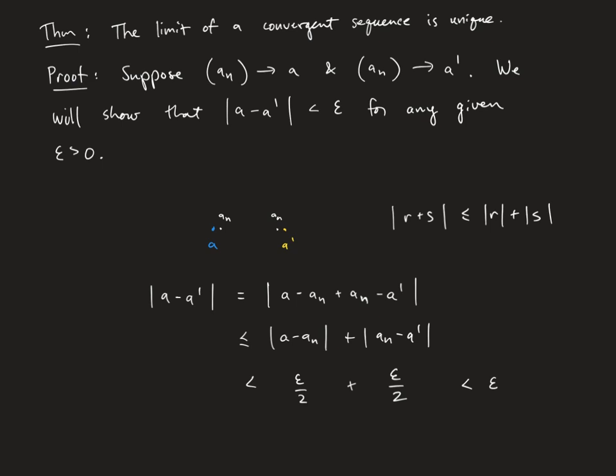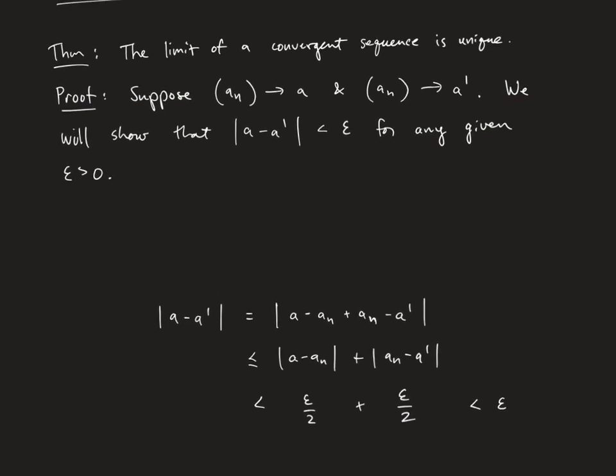We don't need that, but let's keep that stuff down there until we've written our proof. So we're going to show that that's less than epsilon for any given epsilon. And then what we need to do is take our ans far enough out in the sequence to make this quantity less than epsilon over 2 and make this quantity less than epsilon over 2. Okay, so since